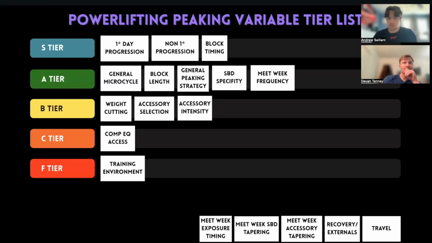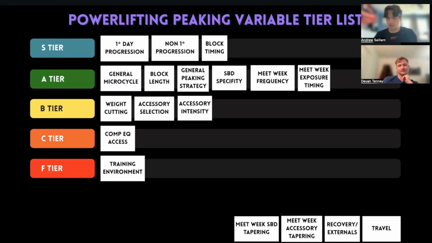Yeah, I think it has to go right with frequency, just because they go so hand in hand. I think that you probably have a little bit less wiggle room when it comes to exposure timing. Usually I'm messing with frequency because I want to dial in the exposure timing better, which is the same thing that I was talking about with the squat exposure, right? Where I don't want 5 days of rest, I would rather keep that typical 3 days of rest going into the primary. So that is why I'm altering frequency in order to keep up with the exposure timing.